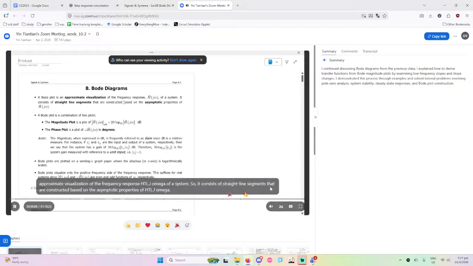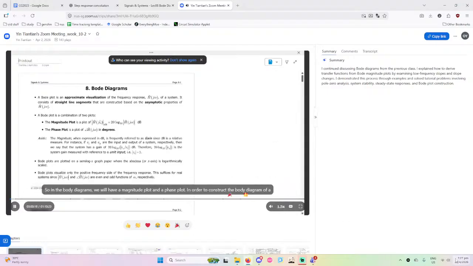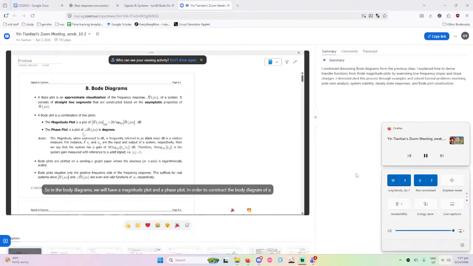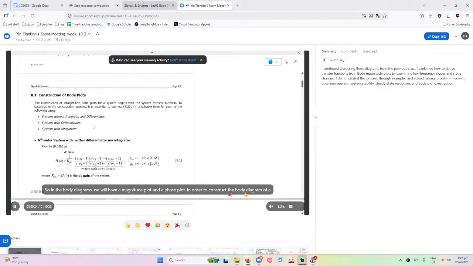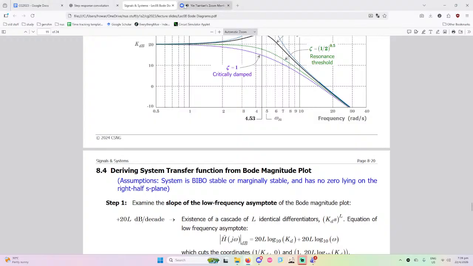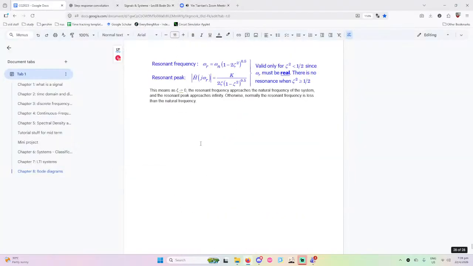approximate visualization of the frequency response H(jω) of a system. So it consists of straight line segments that are constructed based on the asymptotic properties of H(jω). So in the Bode diagrams, we will have a magnitude plot and a phase plot. In order to construct the Bode diagram of a system, we have to learn the Bode diagrams of the basic